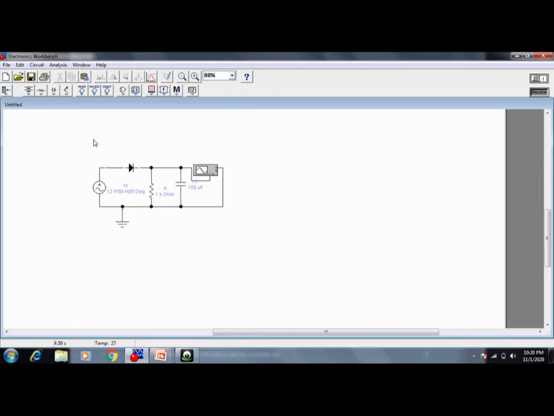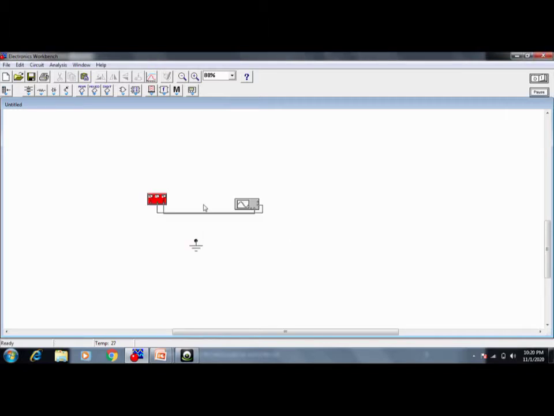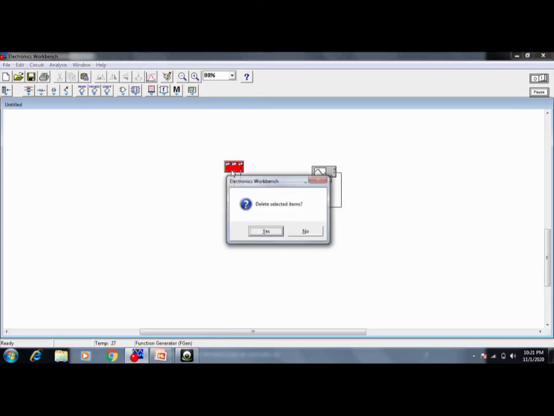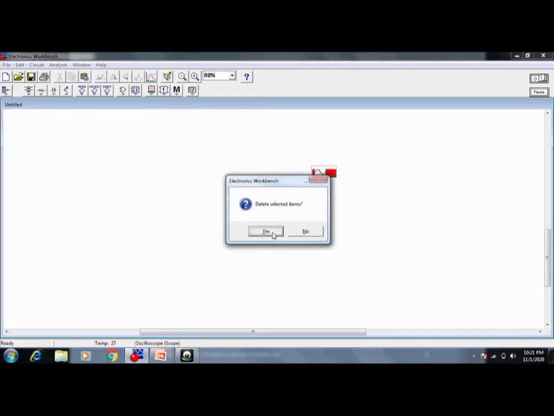Okay, first let us open this. This is your first one, what I told in the first video, how to use the CRO and the function generator in the electronics workbench.